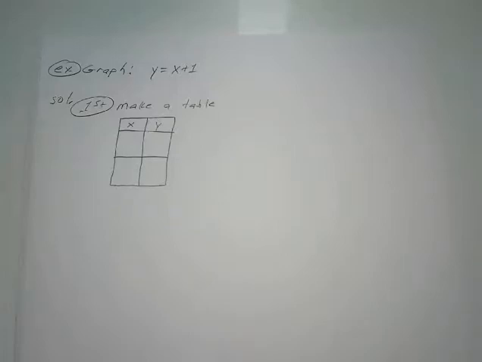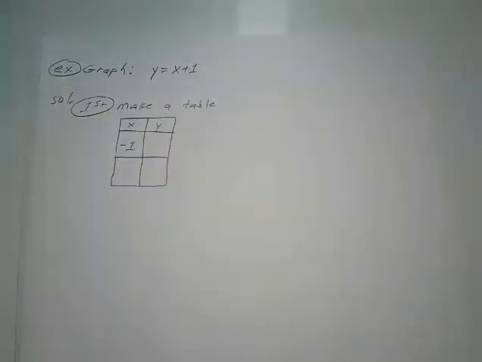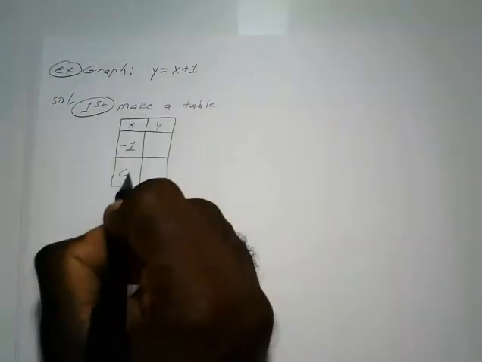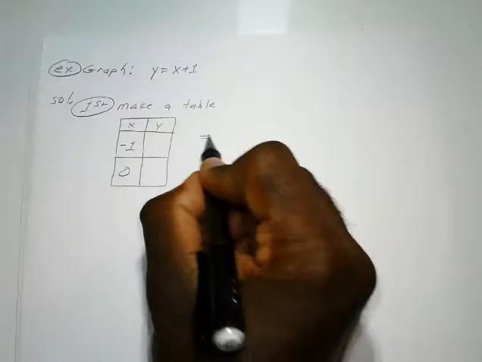But me personally, I try to start with the number that will make my graph as easy as possible. Okay? So me personally, I'm going to make x equal -1 and x equal 0. Okay? Like I said, you can pick 2 other values to start with. It would not matter at all. These are the 2 I pick because